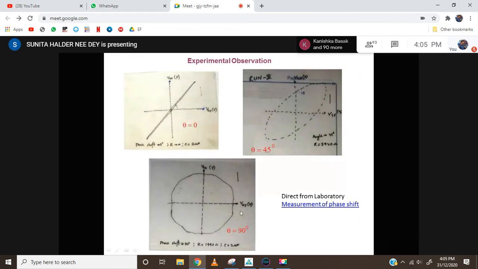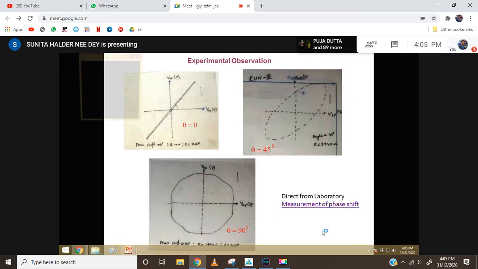Now, if you see the experimental observation, one student has got this type of observation. Every time you must write the angle and what the resistance is. For which resistance he got the 45-degree angle, that he has written. The capacitor value is constant at 2 microfarad. Then this is theta equal to 0 degree, theta equal to 45 degree, theta equal to 90 degree. He has not got an exact circle. Actually, it is not possible to trace from the screen because it is always running. Anyway, it will be near a circle, because our aim is to get the intercept and the maximum value the same. Then it will be a 90-degree phase shift.